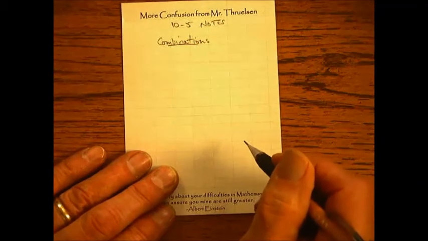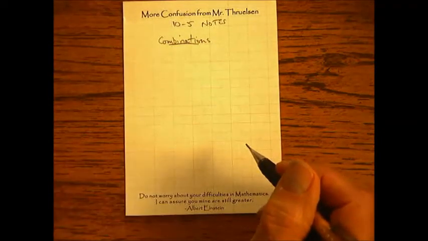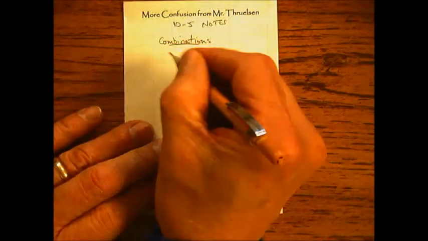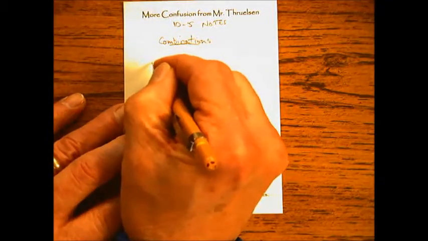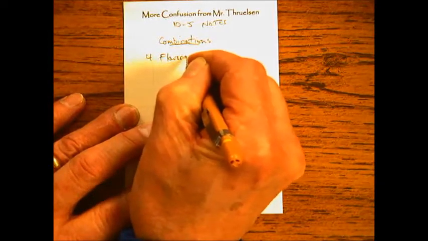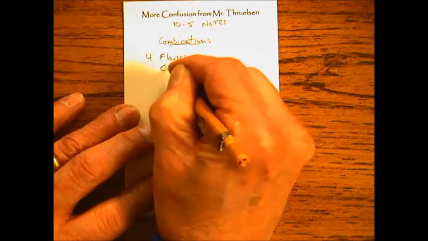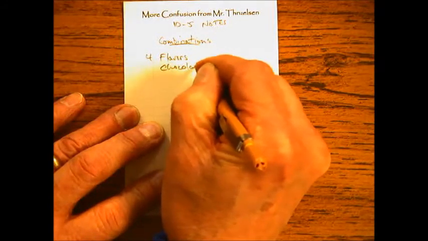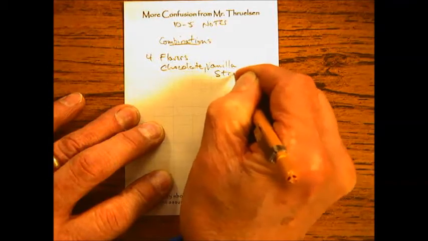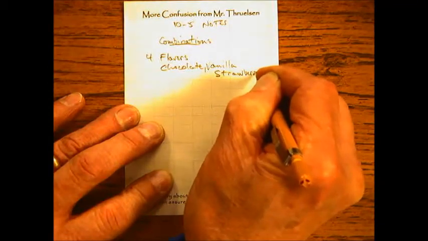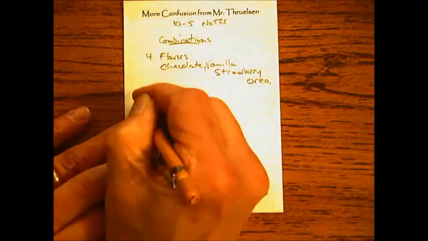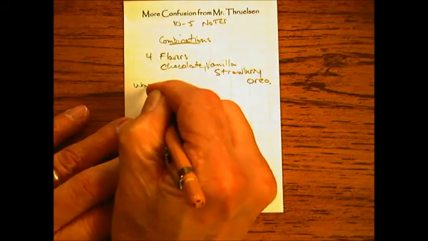So combinations are different ways that if you have different numbers of things to choose from, how many ways can you choose? So for example, let's say that I go to an ice cream store and I can get 4 flavors. I can get chocolate, and vanilla, strawberry, and Oreo. Okay, so the ways that I can choose the number out of 4